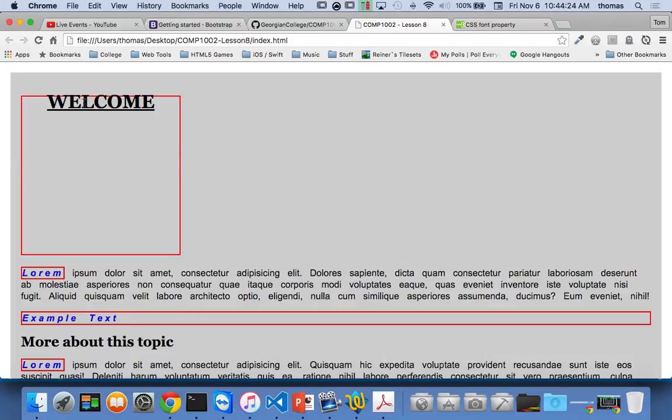So if I want my H1 tag only to have a margin of 10, this is where you have one container that affects the other container, because each one can have margin, padding, and border, every one of them, right? And they're all cumulative, by the way. Don't think that if I specify a width of 300 pixels that I only get 300 pixels, ever. I get 300 pixels, plus I get the margin, plus I get the padding, plus I get the border. So if I want something to be exactly 300 pixels, I have to take all those other things into account,